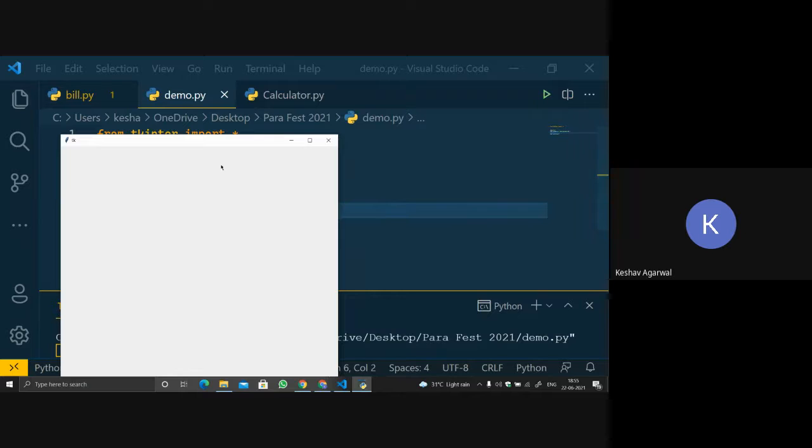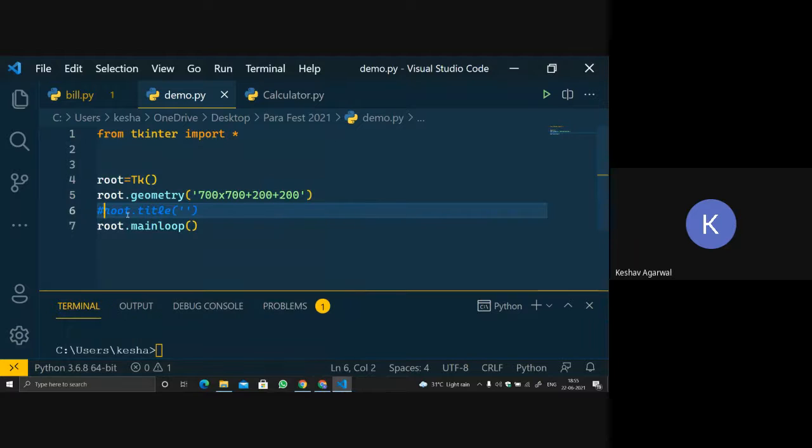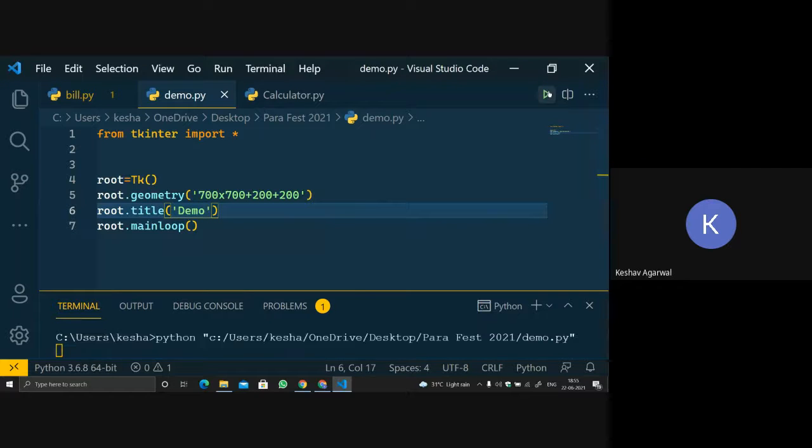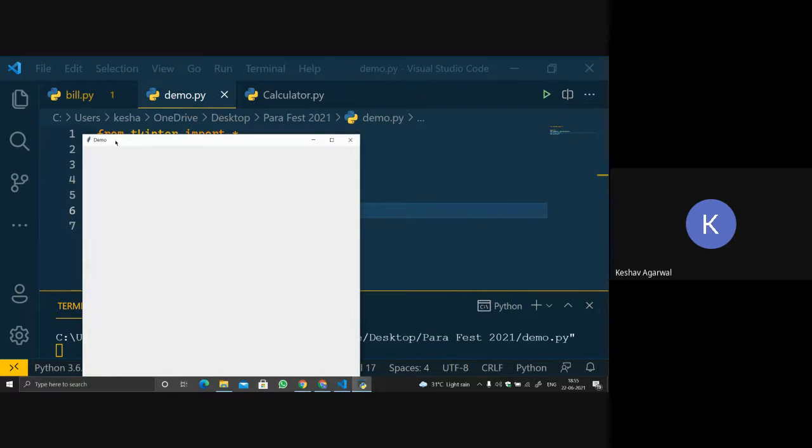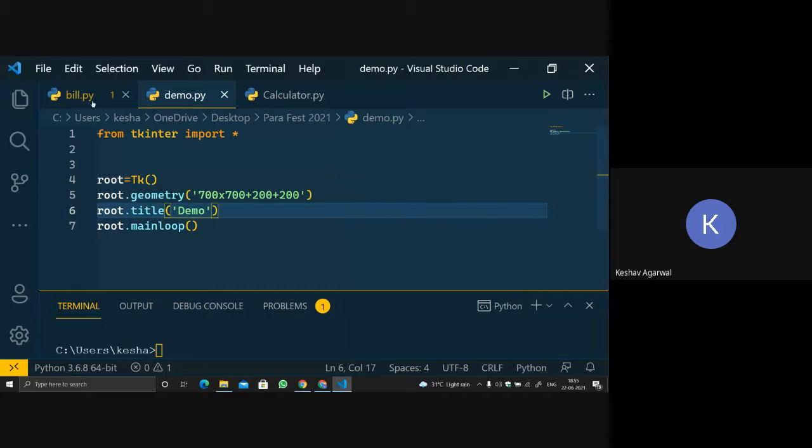Have you seen any application where TK is written? You always give a title to your particular program. So let's write the title as demo. Now let's run the code. See, TK is replaced by demo. So this is how we can bring a title to the window.